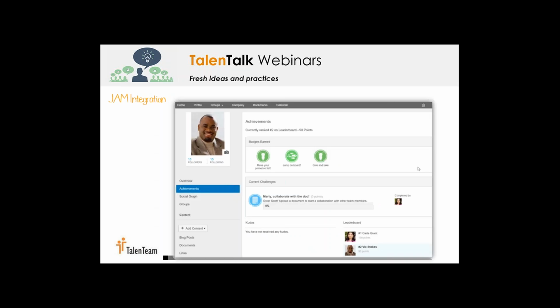Okay, now we're going to have a look at the Jam integration. Bunchball also integrates with Jam, the social collaboration tool with SuccessFactors. It's important to note that Jam and the LMS are separate entities for now. Obviously, we know there is an integration between the two, but that again is going to be something on the roadmap for SuccessFactors, to integrate the LMS and Jam together to make it a bit more seamless.